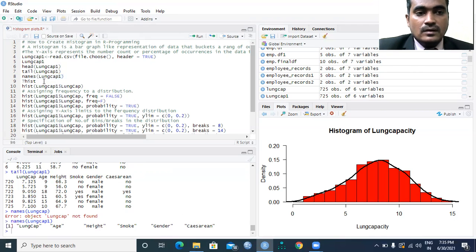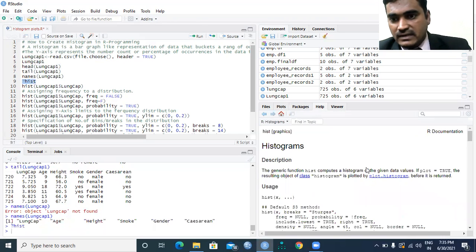Now our major concept is that we are going to create a histogram. Suppose you don't know about a histogram, just type a question mark and put hist.